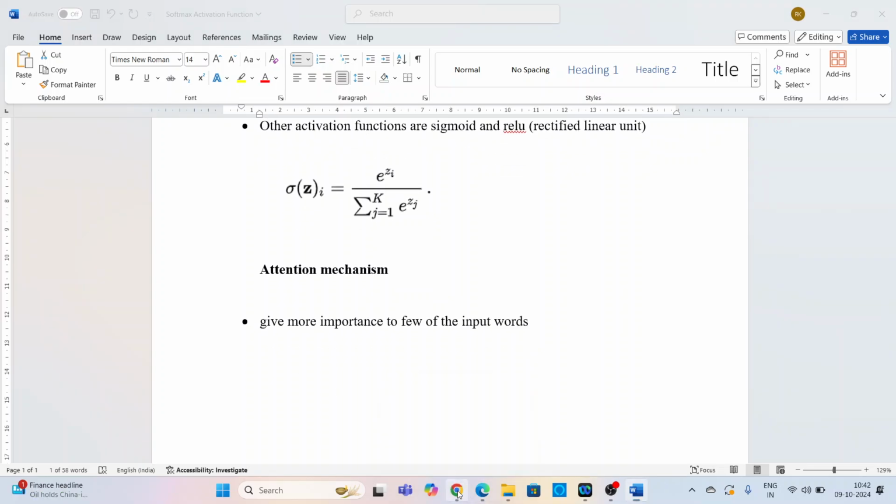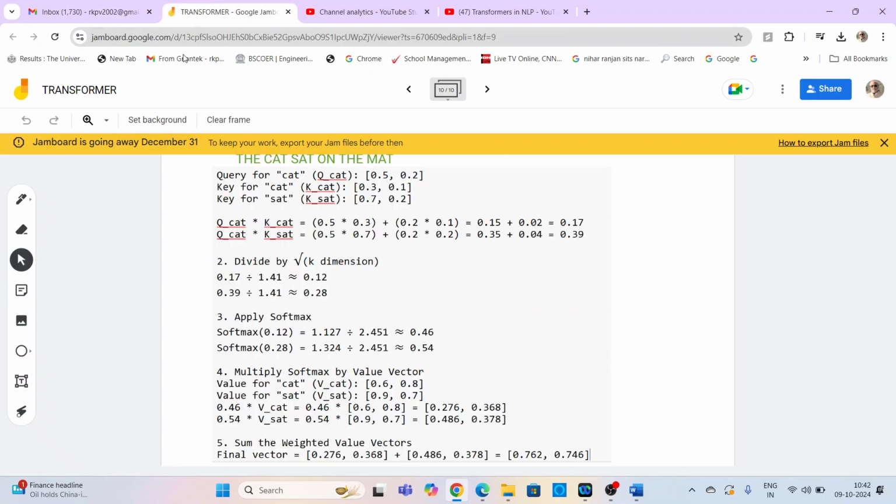I have a small calculation done by Fani Kulkarni here for this softmax activation. Let us say we have a sentence, the cat sat on the mat, and we need to identify the importance of the words. If you look at the sentence, we know that the, on, the don't have significance or relative importance, while cat, sat, mat have relative importance. See, you can see here